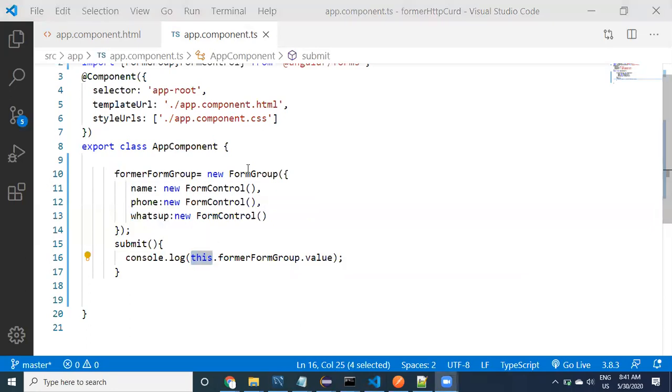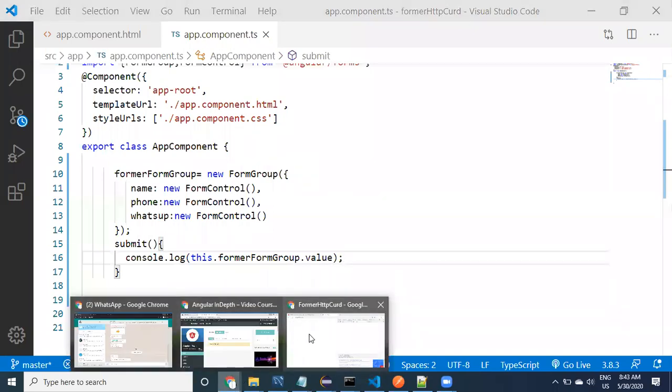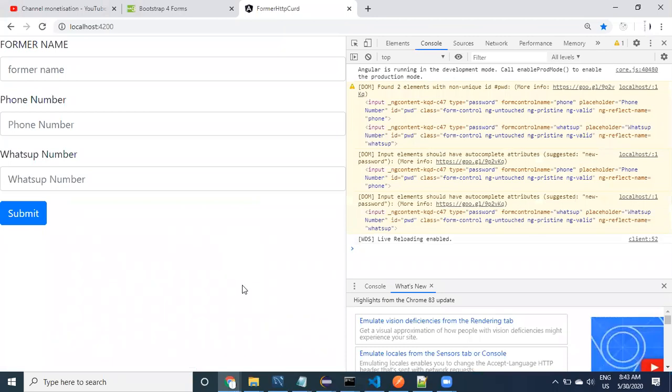Now take the submit button. Console.log, and whenever you see this dot form group, it is going to be displayed. Let's check it out. This is the first step that I would like to do. Once after reading this, I would like to check whether the data is coming to the console or not, whatever data the user enters, whenever the user clicks on the submit button.